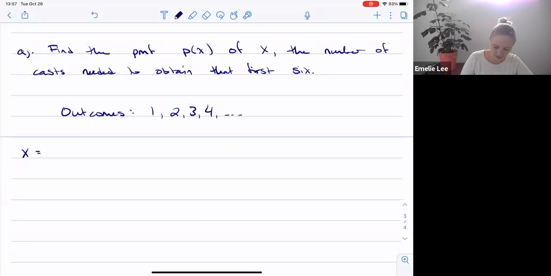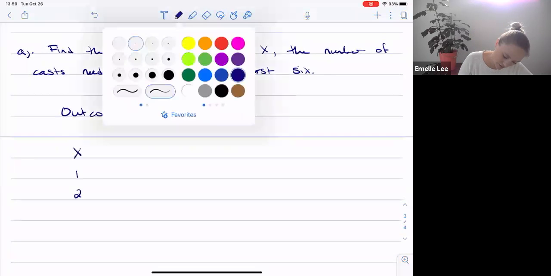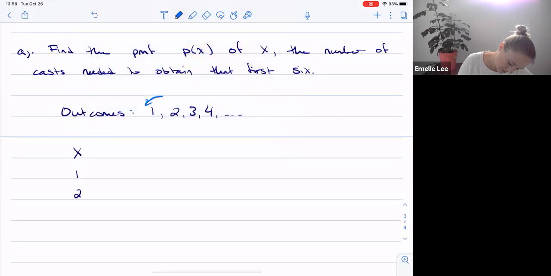We can have x as, maybe I'll do it like this. X can be 1, 2. I'm not including 0 because in this case, I need to toss at least once to see a 6. And so we're ignoring 0 because I need to throw the die at least once. Okay, so maybe I'll make a note of that here. Excluding 0,